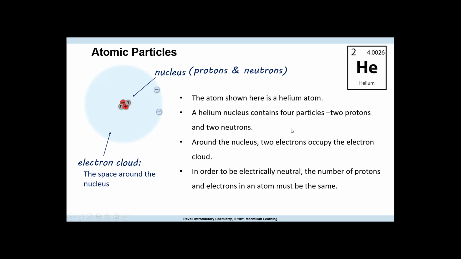So again, this is a helium atom. This is what we're showing here. It's neutral because we also have 2 electrons. It contains 4 particles inside the nucleus. 2 electrons are on the outside in the electron cloud. And this is neutral because the number of protons and the number of electrons